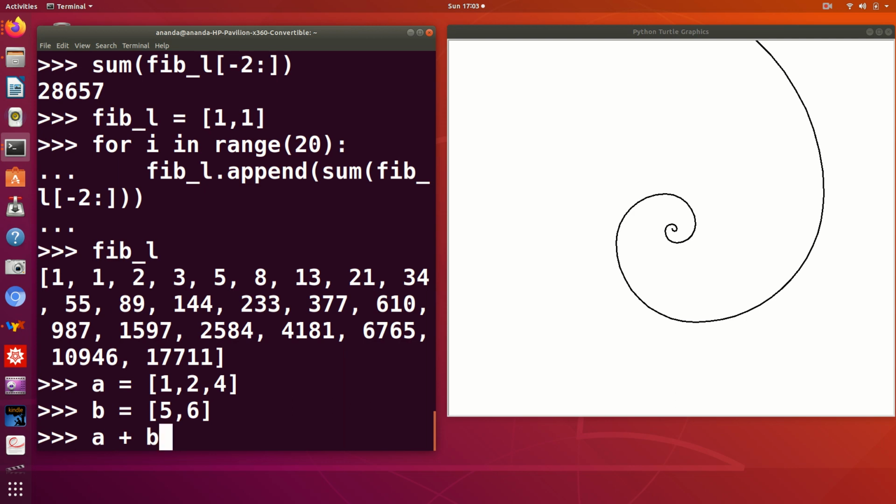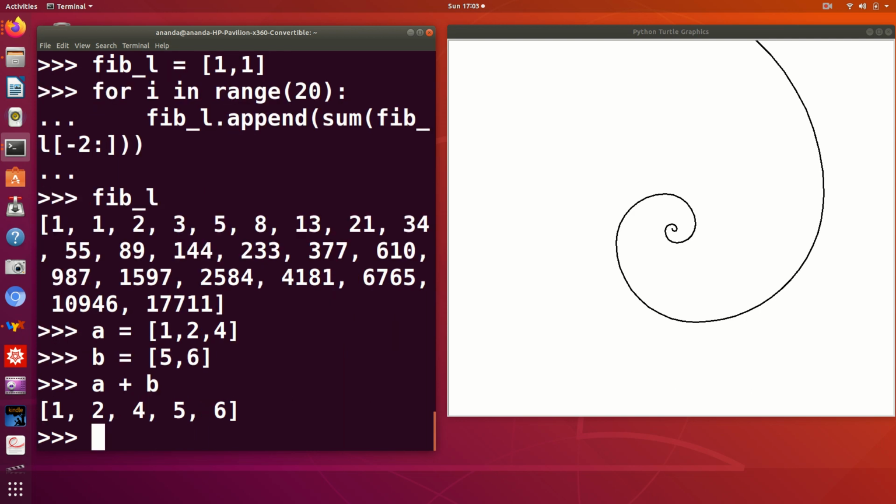Now what does adding lists mean? What it means is, it will just take the elements of the list A and the elements of the list B and concatenate them together. That is, just put them together in a single list. 1, 2, 4, 5, 6. That's exactly perhaps what you wanted. The only problem is,